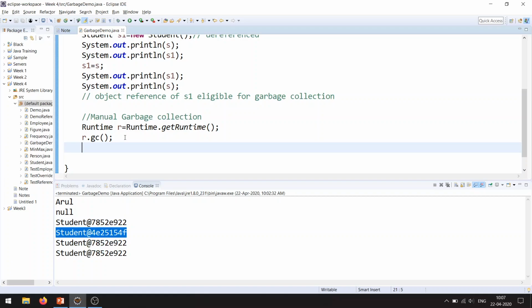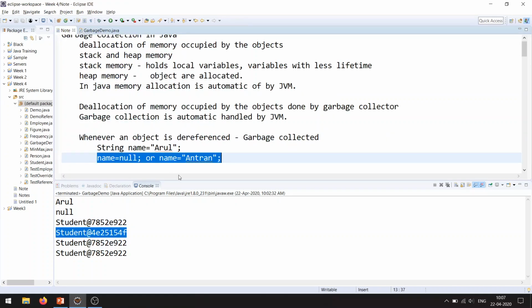So we discussed certain things about the finalize method in the Object class in our weekly session, right? Suppose if you want to execute a certain set of code before deleting an object from the memory, you can go for the finalize method.